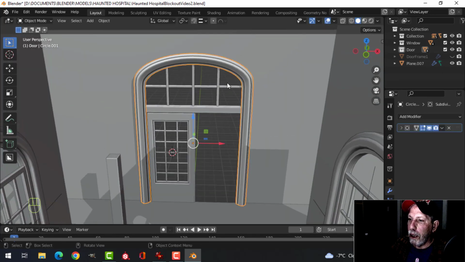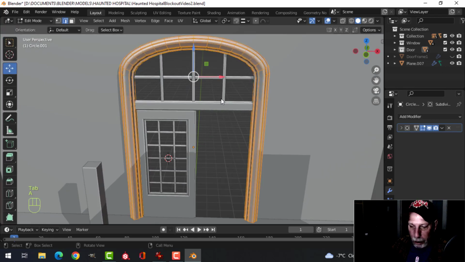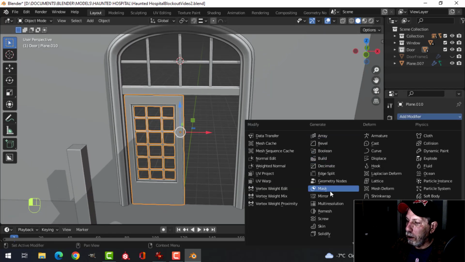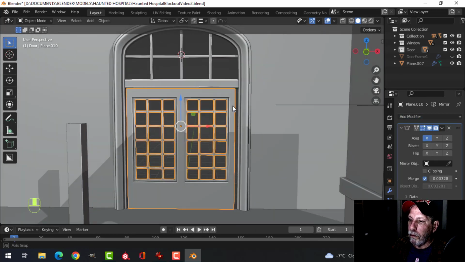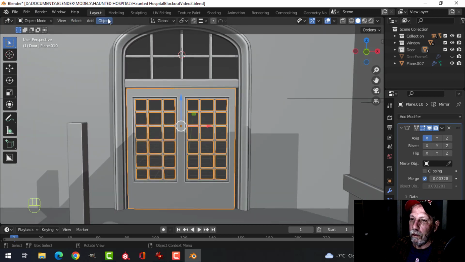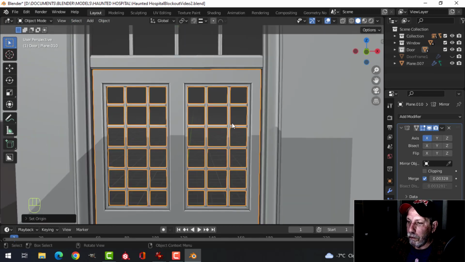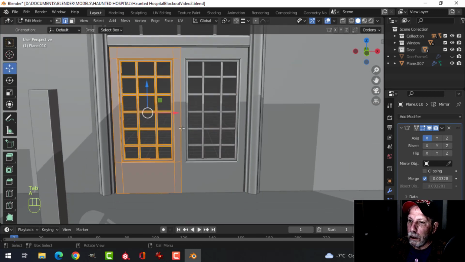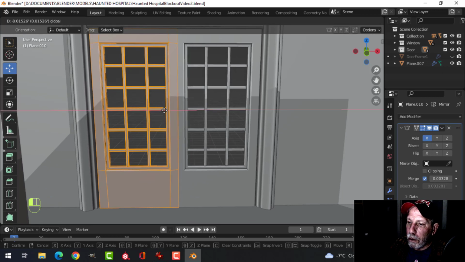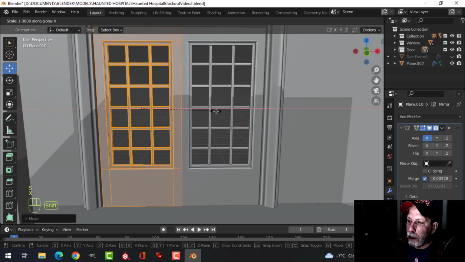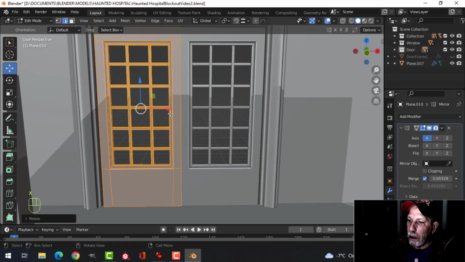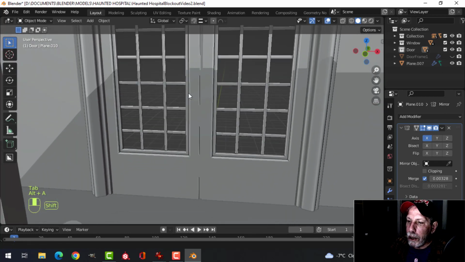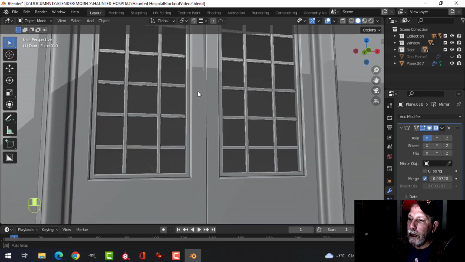And I think what I'll do is I'll take this piece here, bring the 3D cursor there, and see what it's like mirroring this door over. Not bad so far. And so I'm going to move it a slight bit. And I think I'll scale it in the X a slight bit. Move it. Now, like I say, this one's going to be open, but just before I do that,